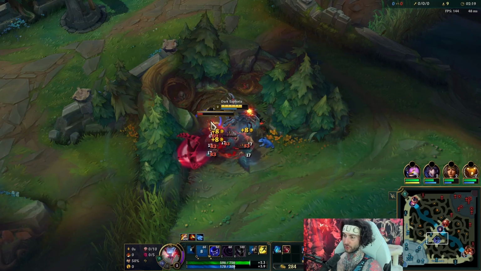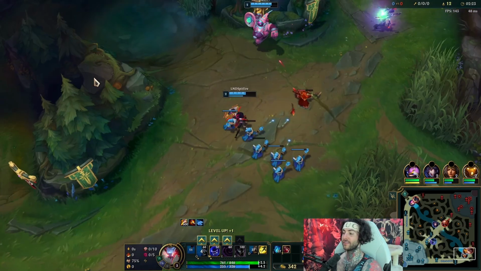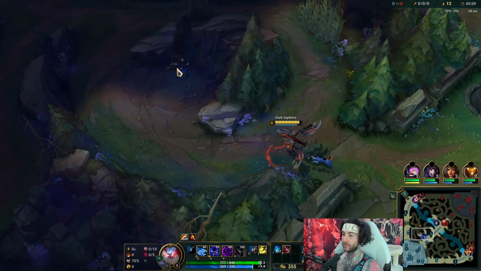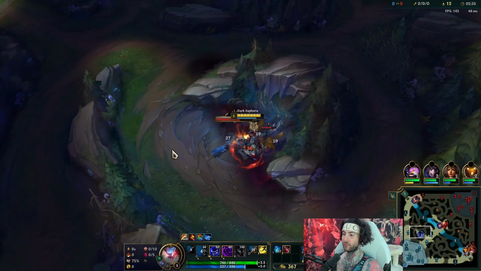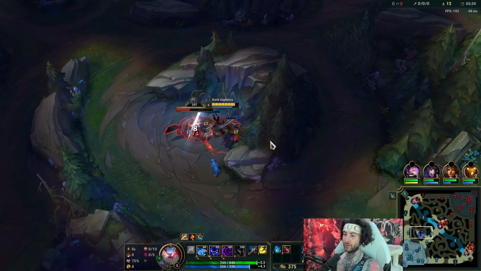And for skill order, it's just Q into E max. None of that nonsense of actually going W max second. It's always Q max into E. And I like to do 2 points into Q if I want a full clear, but this game, just to be safe, I'm gonna put an extra point in E